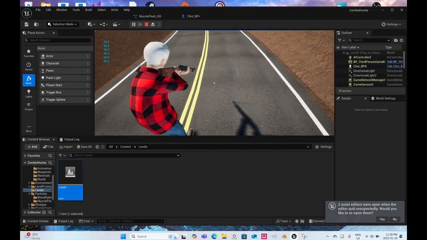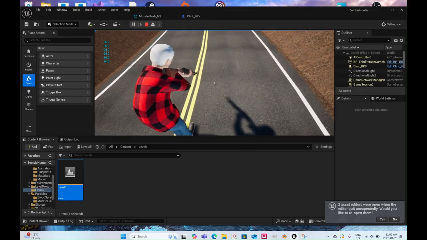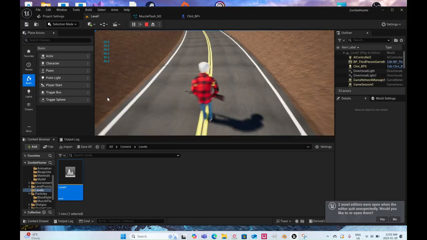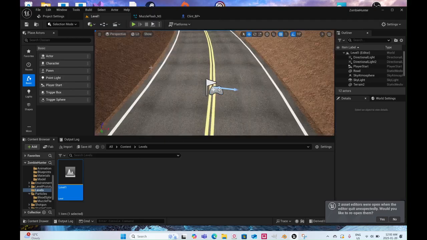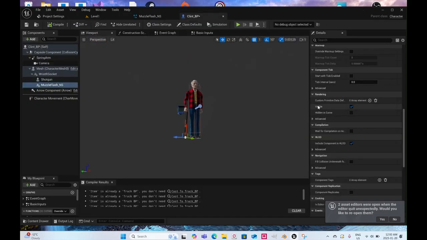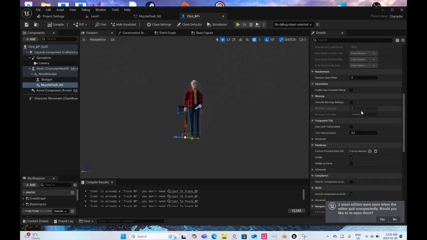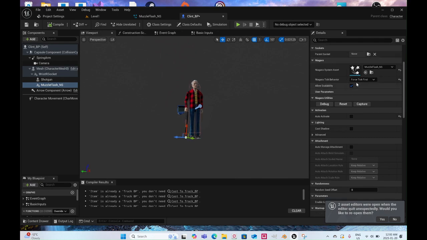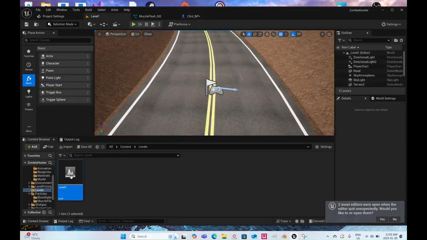If I point down, yeah, there's still a muzzle flash. So that seems to work. I don't fully understand what some of this stuff is. I don't know why auto activate has to be turned off, and I don't know what this force tick first is, but it seems to work. One thing that I would like to do before I wrap up is